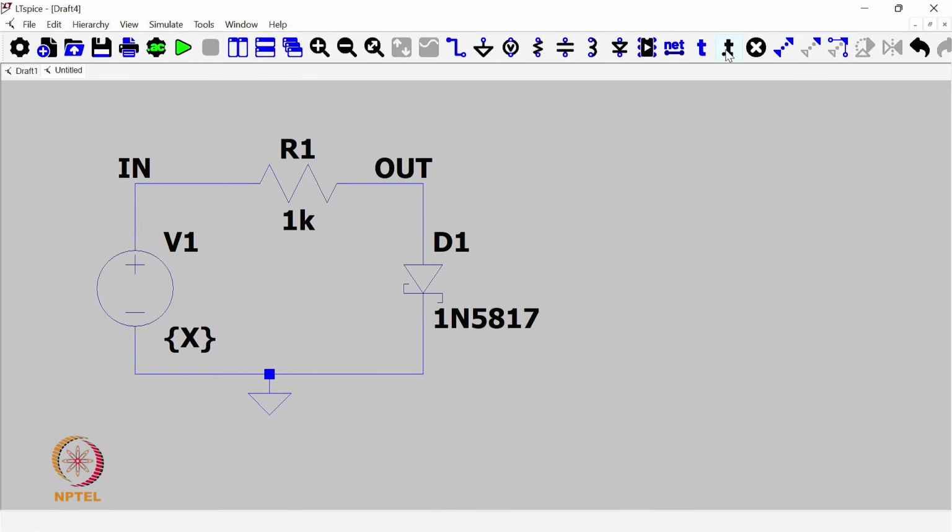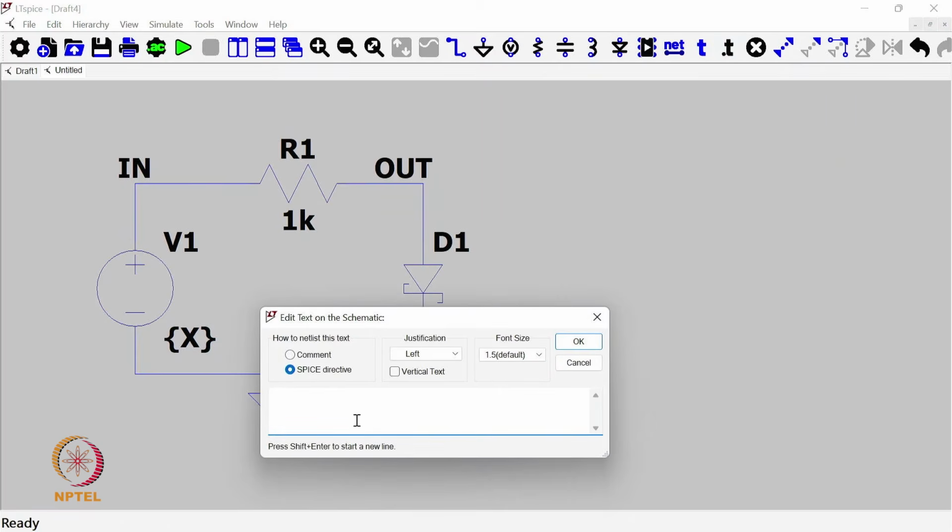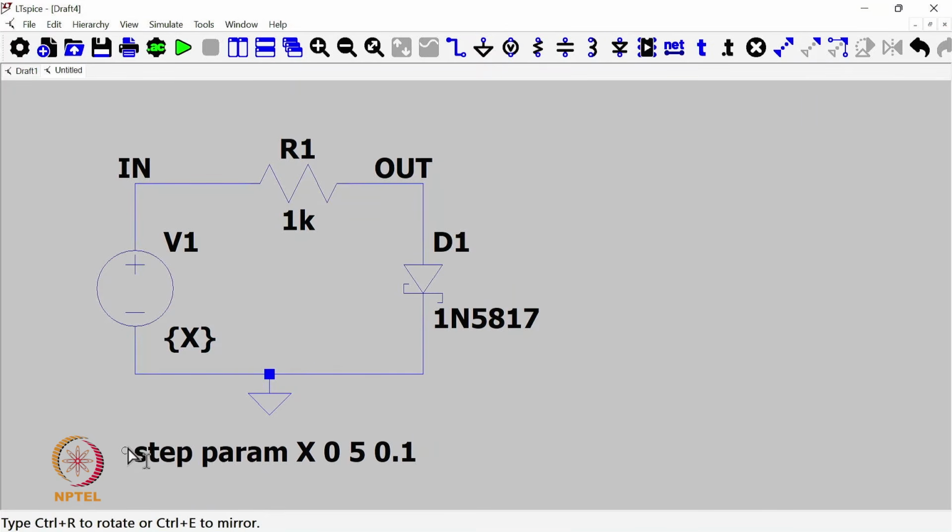So we go to this dot, which is the SPICE directive, and we write this SPICE directive as .step param capital X, and now we are going to change it from 0 to 5 volt with a step of 0.1. It means the circuit needs to be solved for x equal to 0, then for x equal to 0.1, 0.2, 0.3, 0.4 and so on up to the value of 5 volt. So these are the total steps we need to take for x. So this is the SPICE directive for that,